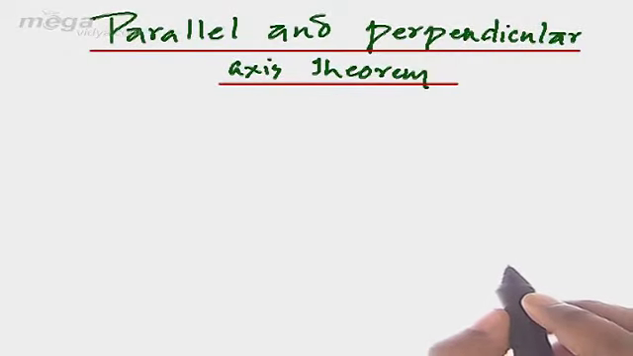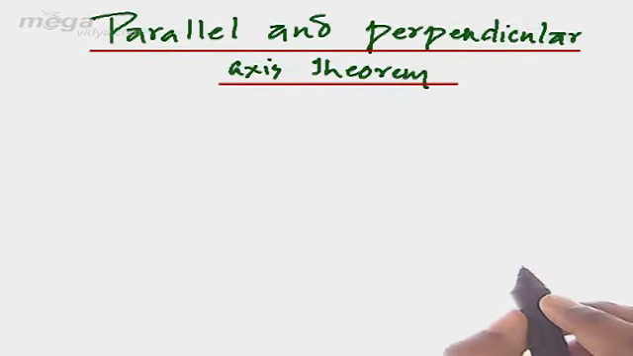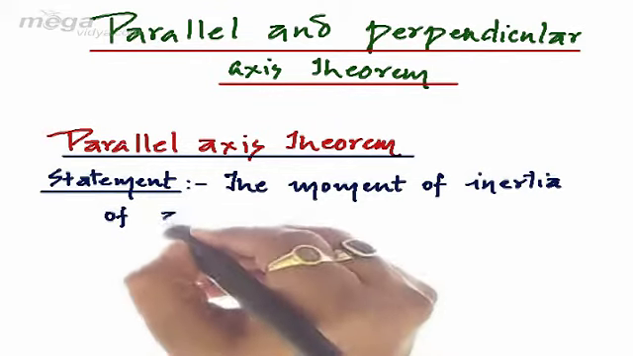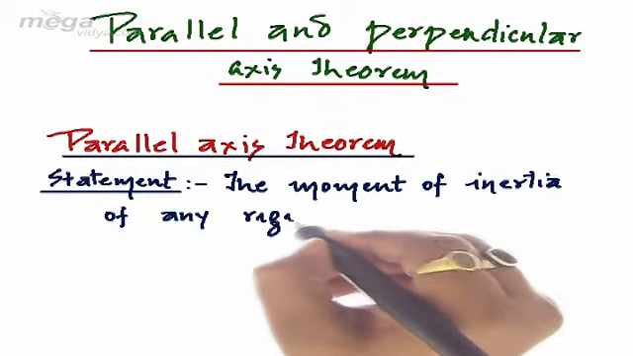Parallel and perpendicular axis theorem. Firstly, we will discuss the parallel axis theorem along with examples, and after that we will discuss the perpendicular axis theorem. So according to the parallel axis theorem, the moment of inertia of any rigid body about any axis parallel